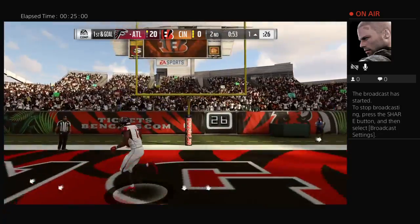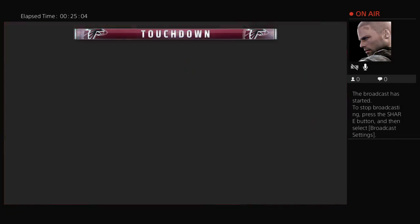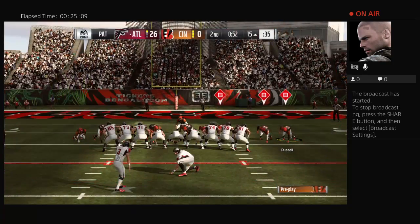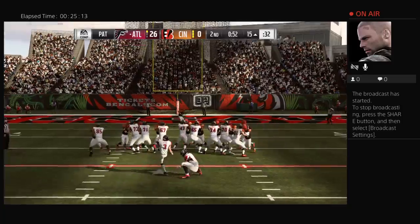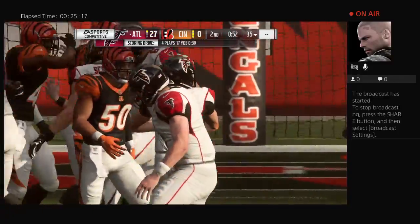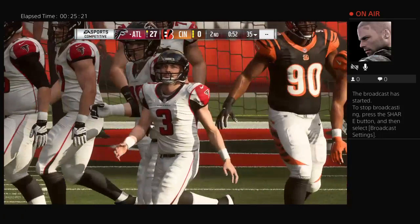From the gun, it's Ryan. This is caught. It's Sanu this time for a Falcon touchdown. Mohamed Sanu, a 1-yard touchdown reception. And the Falcons will extend their lead. And he'll bang that one through. So that drive, 4 plays. And the Falcons score to cap it